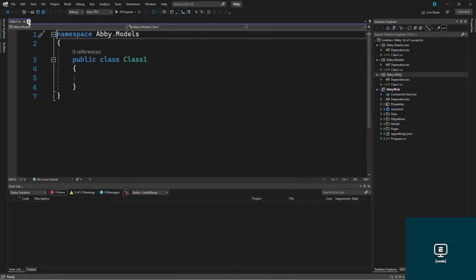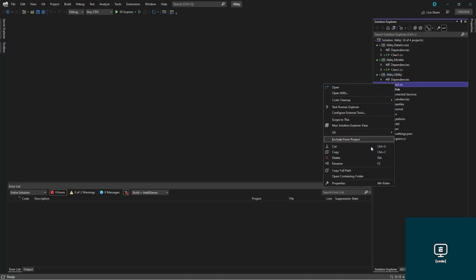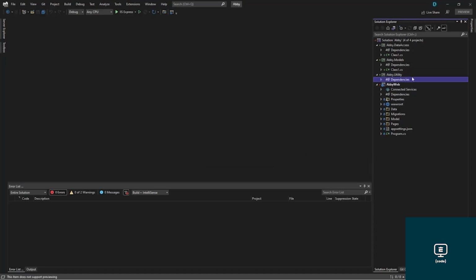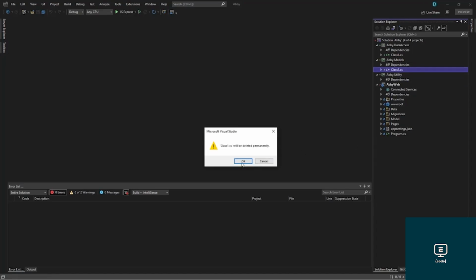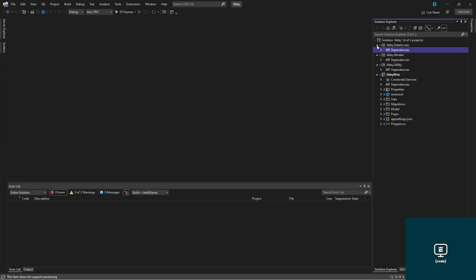Perfect, so we have added 3 more projects in our solution. Let me remove the default class file that is present in all the 3 projects. Once we remove all the 3 files, let's continue in the next video and make changes to move all the